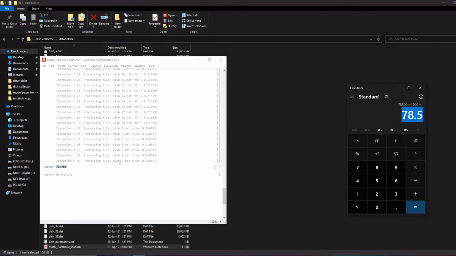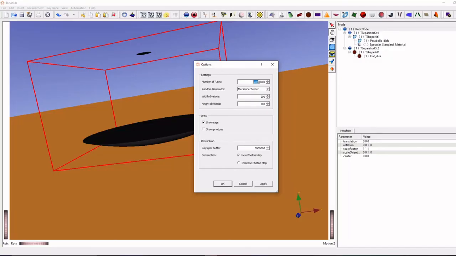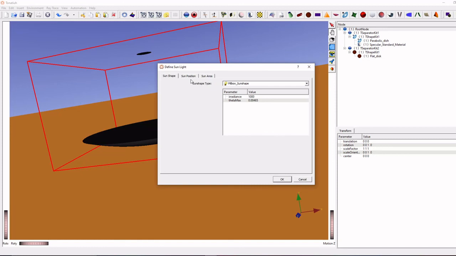So in that way we can achieve same value. Once you got the same value with a particular number of rays, then later you can play with different sun rays, different sun angle position, whatever you want, even different material properties.